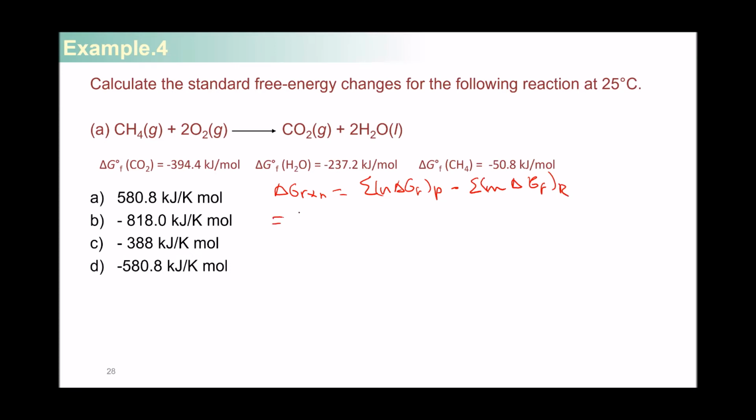So it's going to equal CO2, which is negative 394.4 kilojoules per mole, plus 2 times delta G of formation of water, which is negative 237.2 kilojoules per mole, minus all the reactants, which is going to equal delta G of formation